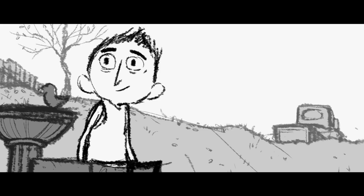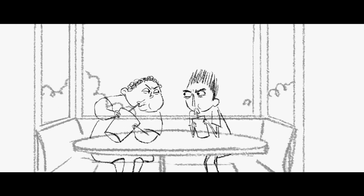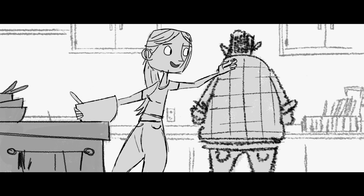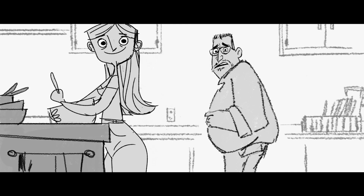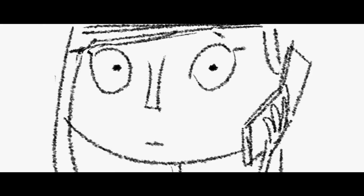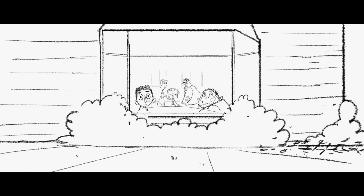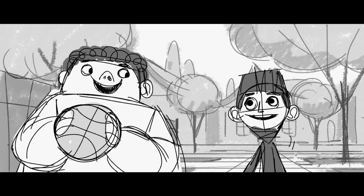Here we're going to see a sequence that became known as the bromance, which was trying to effectively sum up a budding relationship between Neil and Norman. It was played as a musical montage. I think here we are seeing it with just a piece of score, but originally we boarded it to a Ween song, which was kind of fun. But it was a series of sight gags